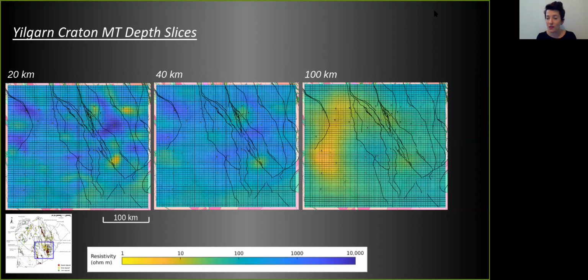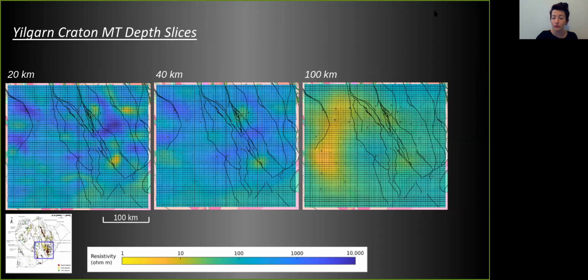But things get more interesting once we get into the lithospheric mantle. So now at 100 kilometres depth, there's this long north-south trending conductor in the western part of the model beneath the Yuanmi. And in the eastern part of the model, it's in general less conductive. And this is a feature that extends throughout much of the lithospheric mantle and is really the most robust feature